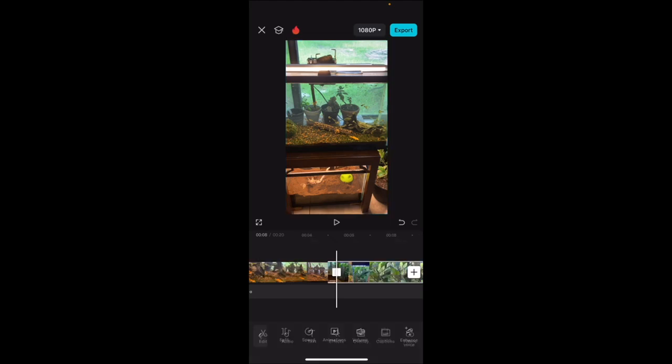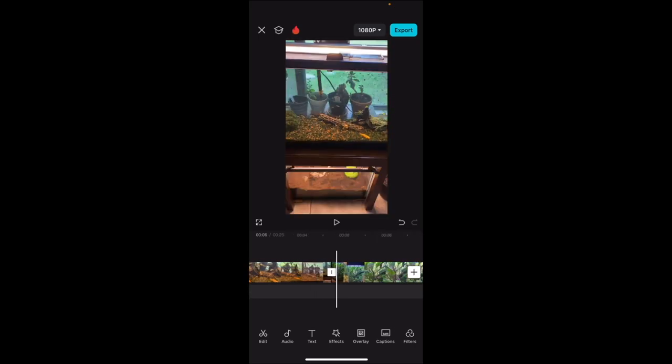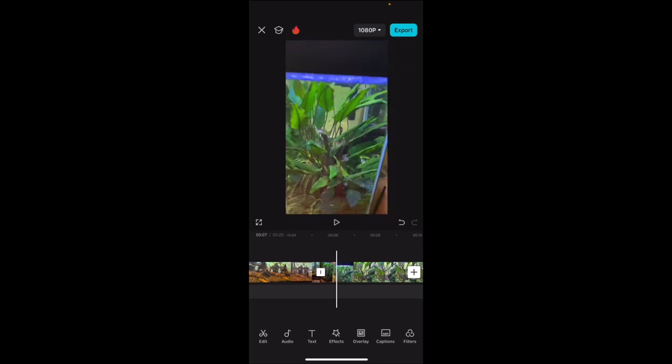So I'm going to go ahead and delete this clip. Now you can see where that white box is. That's where my transition is now. So I just took apart where I was going from tank to tank. If I want to go ahead and make this a